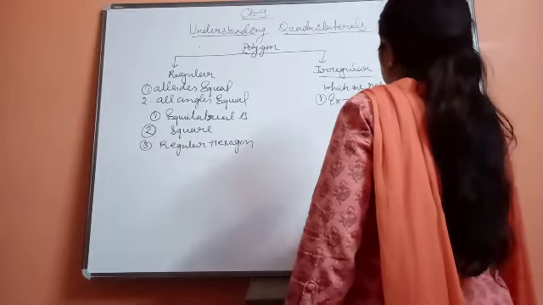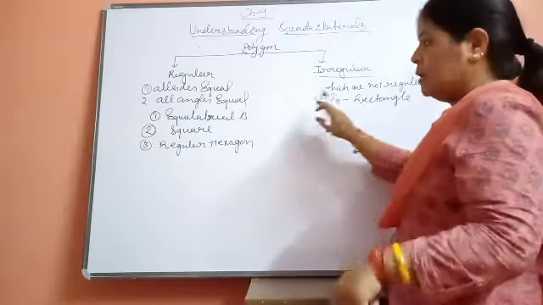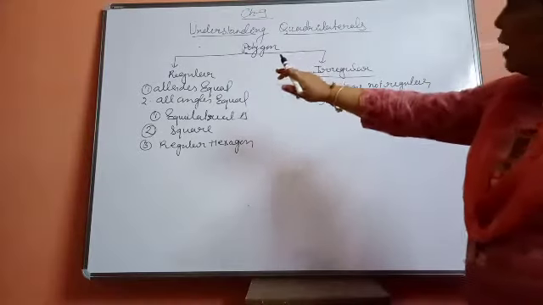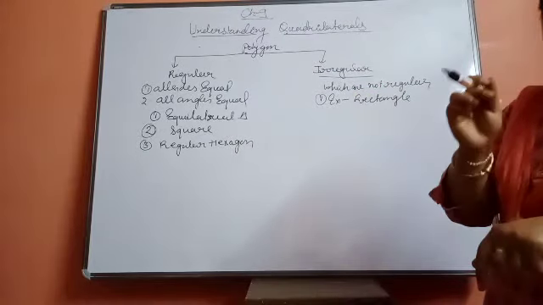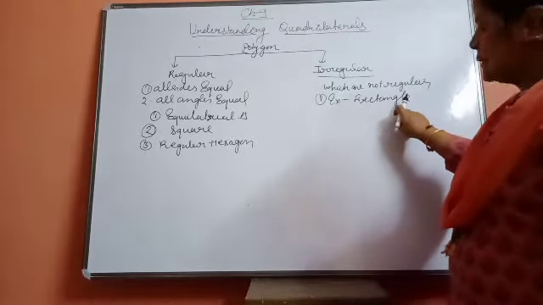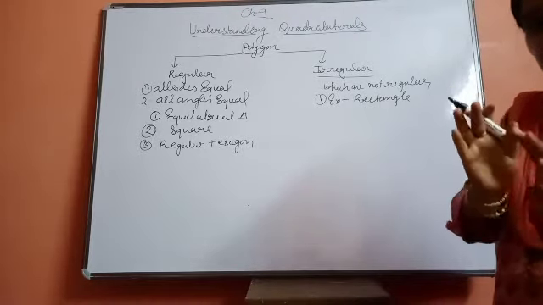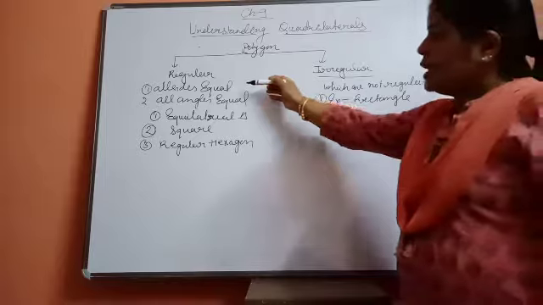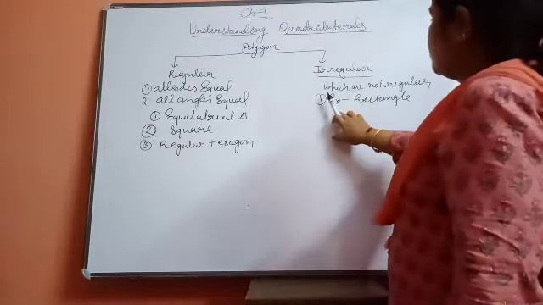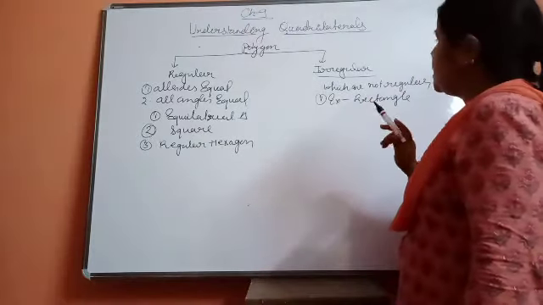Okay, rectangle. In a rectangle, opposite sides are equal. Whether the angles are equal, that is one property the rectangle is satisfying. But in a regular figure, it is a must that all sides and all angles are equal. Here in a rectangle, only opposite sides are equal. All angles are equal, but only opposite sides are equal. So it is not satisfying the first property, that all sides are equal. Hence the rectangle will come in the category of irregular figure.